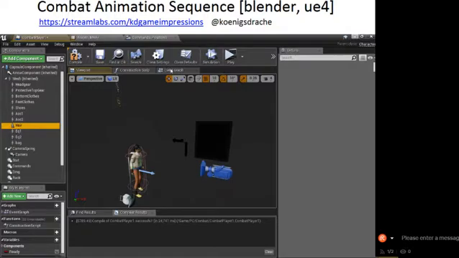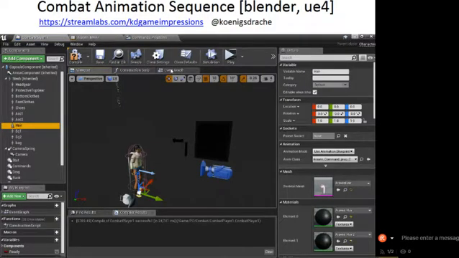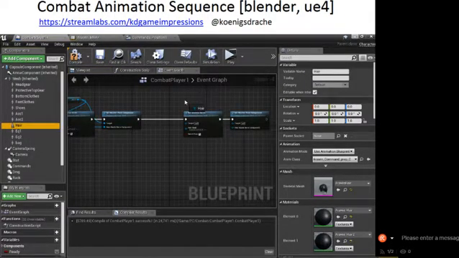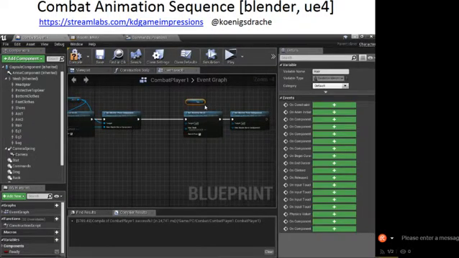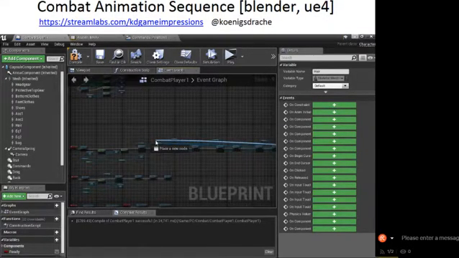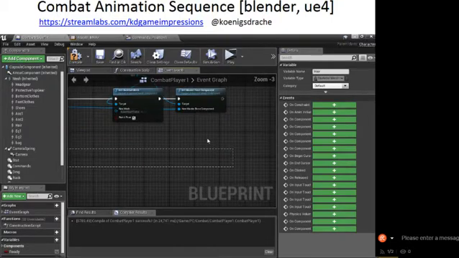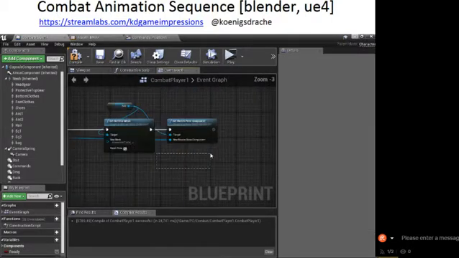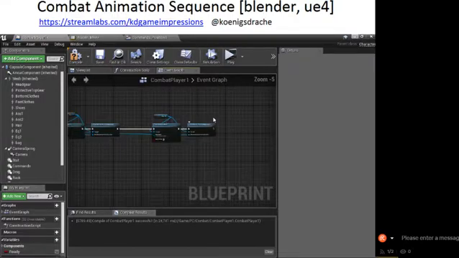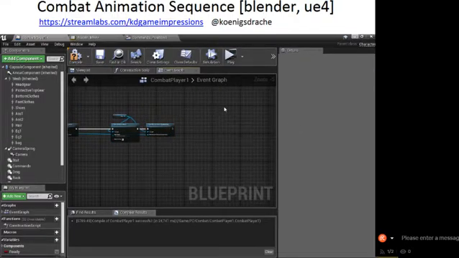Then we have the hair. My mouse is playing games with me again. So in other words, I just have to change the animation blueprint for my main mesh, and I can